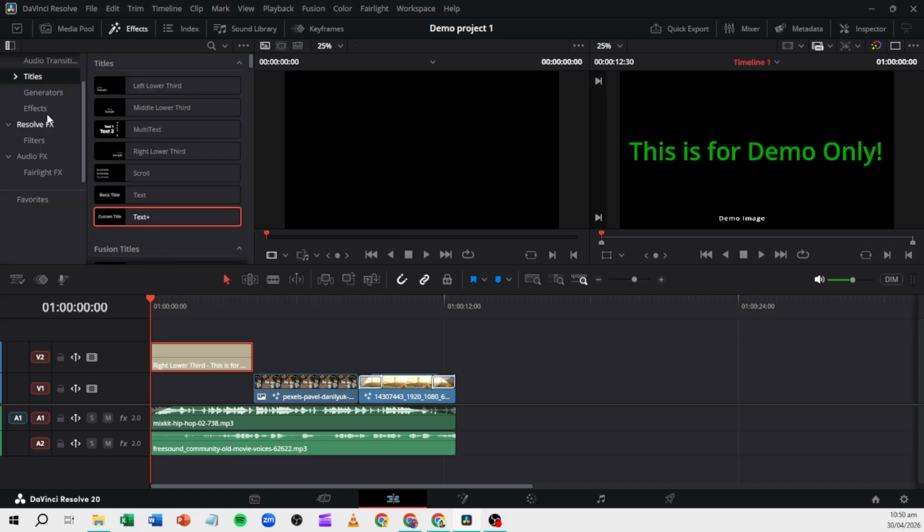First, open the DaVinci Resolve app and load the project you're working on. If you already have a text clip on your timeline, click it to select it. If you're starting fresh, open the effects library, go to Titles, and drag the Text Plus title onto your timeline. Place it where you want the title to appear, then select that Text Plus clip so we can edit its